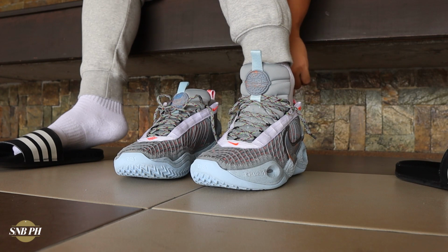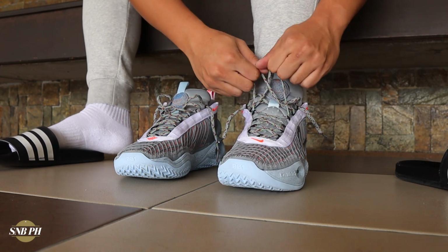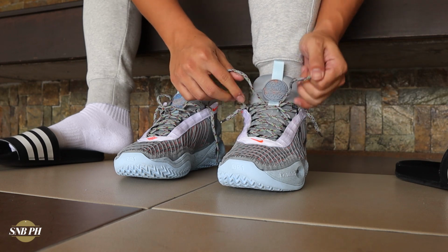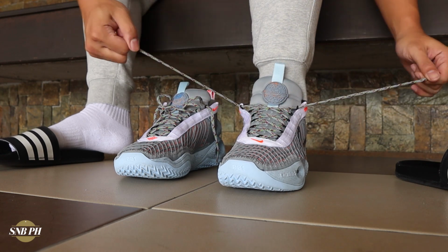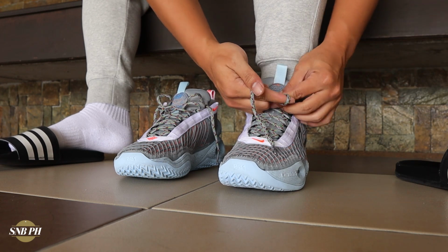Then for fit and sizing, I did go true to size with the Nike Cosmic Unity, and it fit me perfectly well. You are pretty locked in at the back and it has adequate padding as well. The midfoot is not too loose nor is it too tight, and the forefoot is pretty perfect. It has a little bit of space on the end and not a lot of space on top. So my recommendation for the sizing is that if you have a narrow foot or a normal width foot, you can definitely go